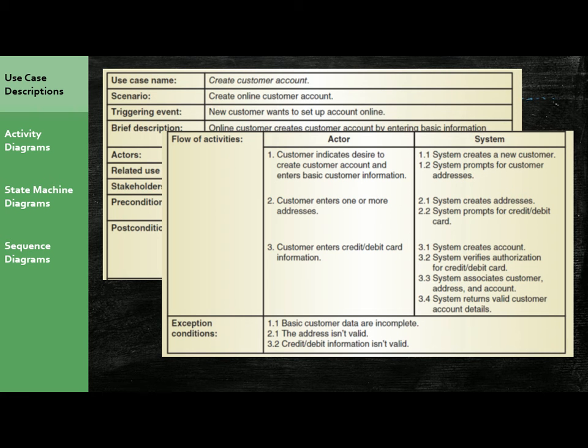So for example, our customer indicates they have a desire to create an account. Whatever mechanism that is in the user interface, they trigger this by saying, I'd like to create an account. The system is going to create the new customer. It's going to prompt the customer for their address. Once that prompt happens, now it's the customer's responsibility to enter the address. Once the address is entered, it's going to get created, and then it's going to ask for the debit and credit card. Now the customer has to enter the debit and credit card information,